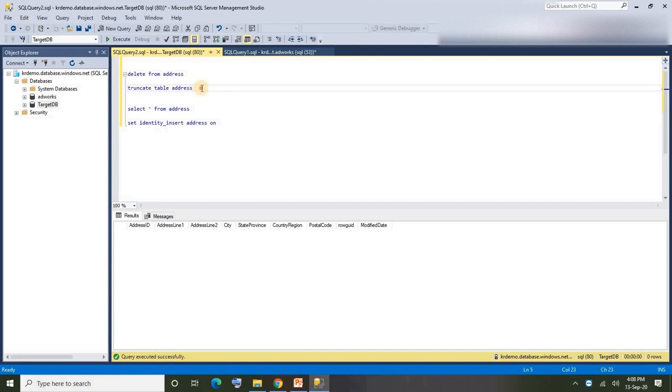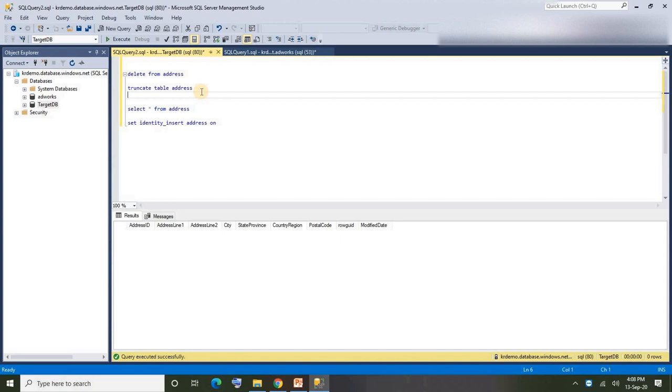Whereas with the truncate statement, along with data, even the identity will be cleared. When you try inserting a new value into a table which was truncated before, it will start again from the starting value as per our specification. For example, for identity specification, we have said to start with 1.